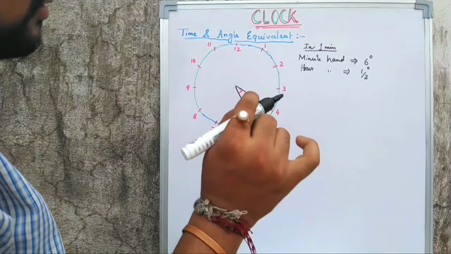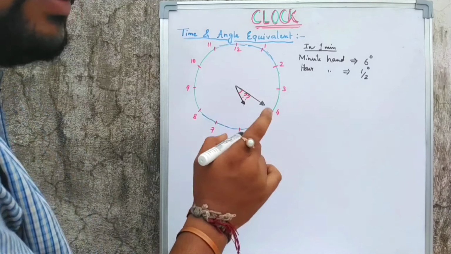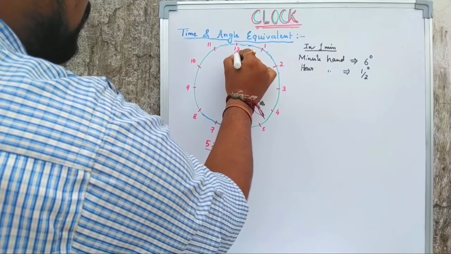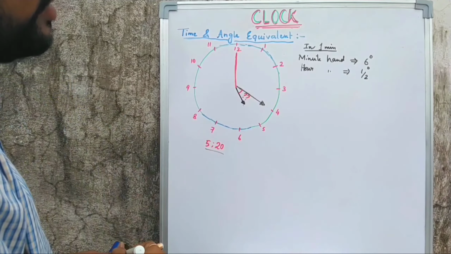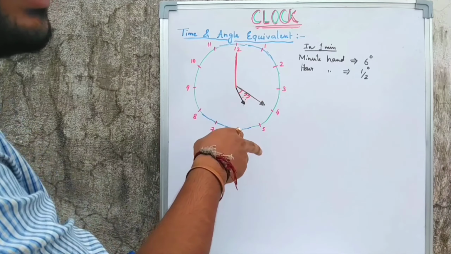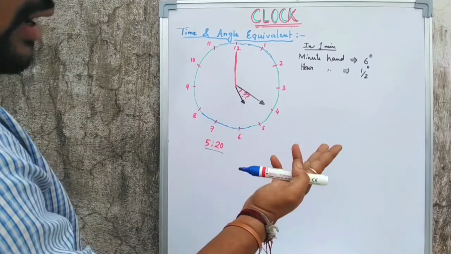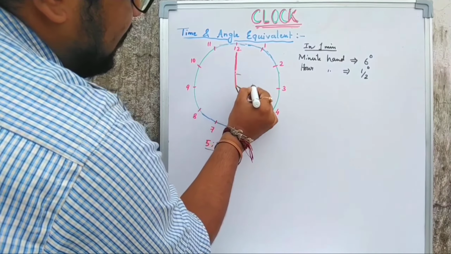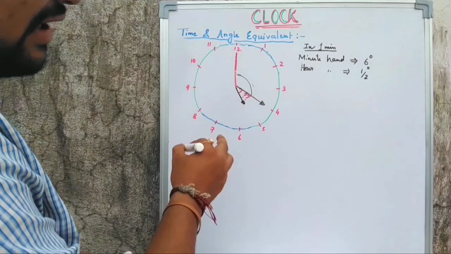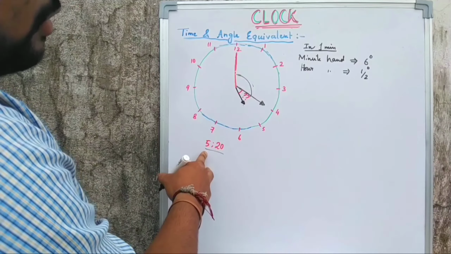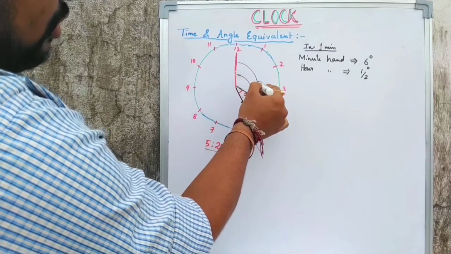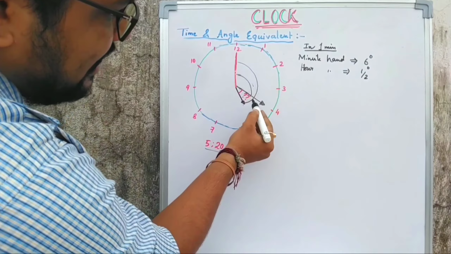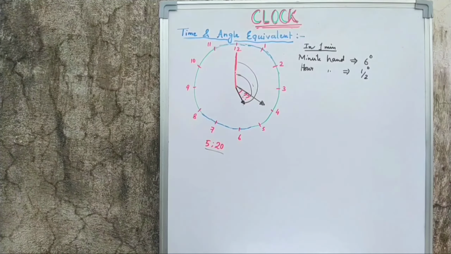Always, measurements should start from 12 o'clock because 12 is the reference time. So I am drawing over here, this is the reference line. With respect to the reference line, you have to calculate how much angle the hour hand and the minute hand are making. The minute hand has only completed 20 minutes from 12 o'clock. This angle you have to calculate. The hour hand has completed 5 hours 20 minutes, from 12 o'clock to this angle. The small angle is nothing but this large angle minus this angle. Just subtract them, you will get the answer.